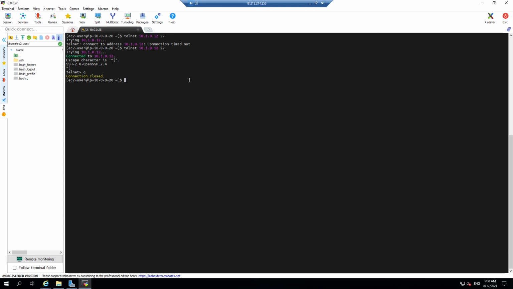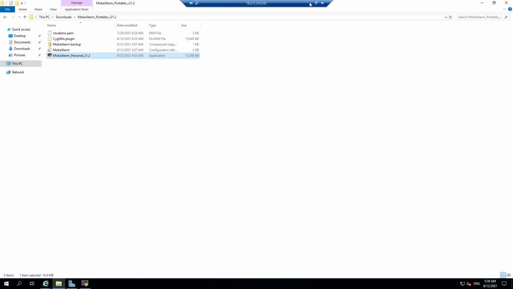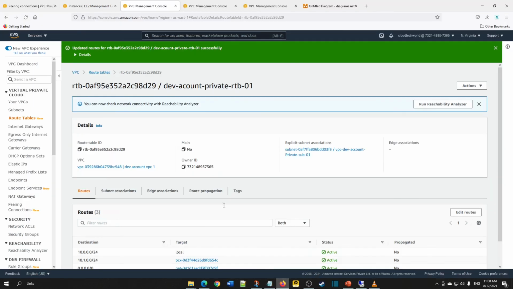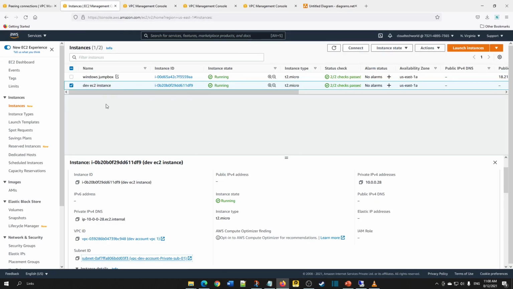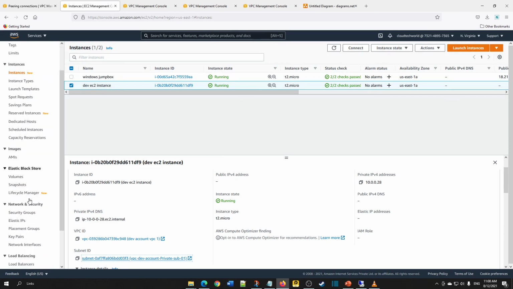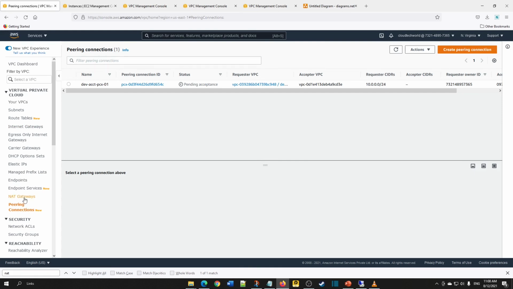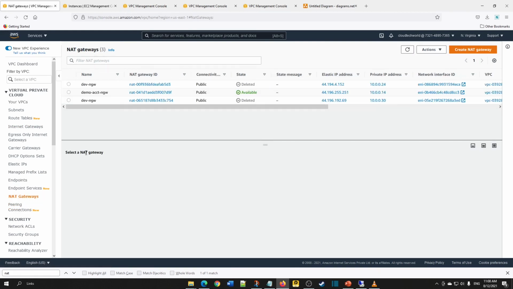After you complete your demo, make sure you clean up all your resources. Make sure you delete all the instances and the demo NAT gateway we created on the test account. Delete the NAT gateway and the elastic IPs associated with it. The NAT gateway you created will have an elastic IP automatically.